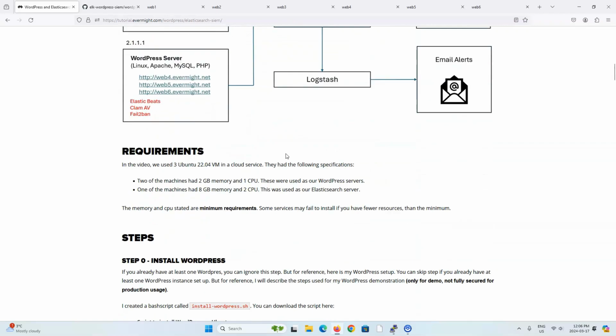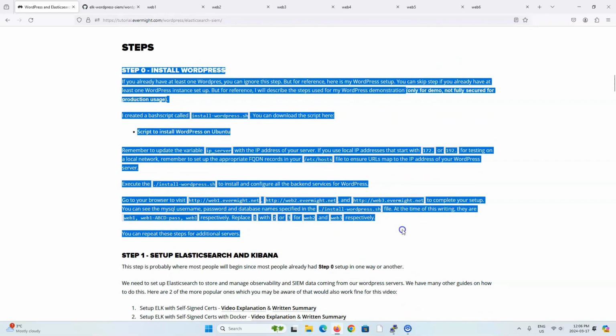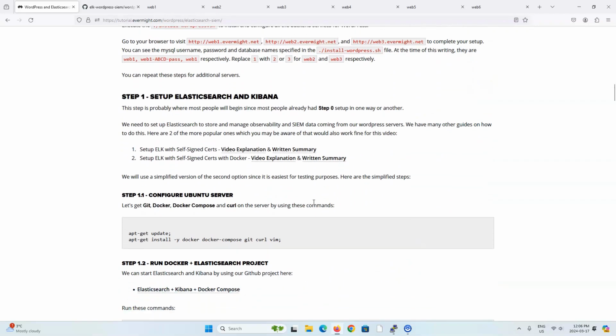Let's set up the Elastic Stack. We just completed this step, so it's this step here. For this step, there are many different ways to set up Elasticsearch and Kibana. In the past, we have made several videos for each of those ways, and any of those ways can work with this video. On this webpage, I've given 2 different references as 2 different examples of how to install Elasticsearch